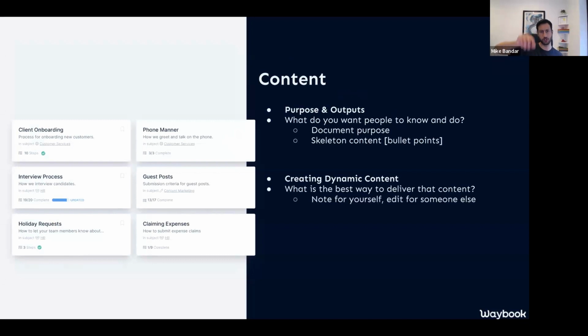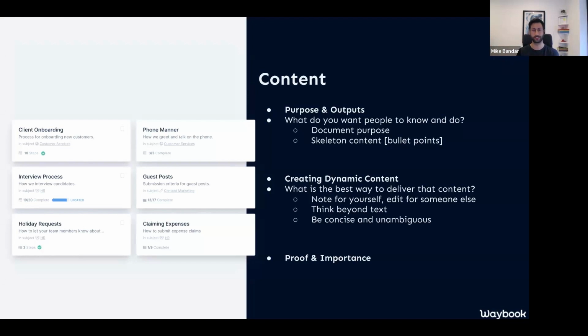Now, again, noting for yourself and editing for someone else is a great mentality to keep in terms of just extracting the knowledge and then optimizing the knowledge to share. So within that, you can then start to think beyond the text. Should it be a voice note? Should it be a video? Should it be a text, a checkbox, whatever that may be? But always it's important to try and stay concise and unambiguous to make sure that everybody can easily absorb and